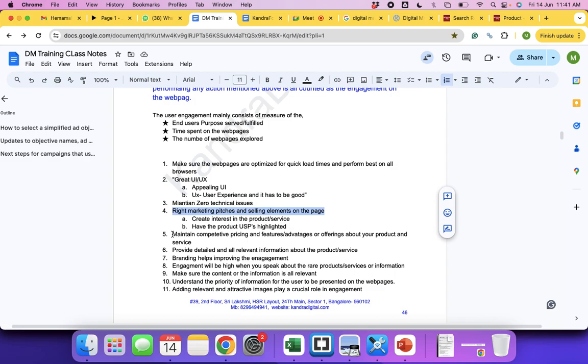Everybody? Yes. Zero technical issues. What are the examples of technical issues? Payment is not working. You are about to make payment, but it is failing. It is not working. You have clicked on the link and it is showing 404 error, or it keeps loading forever. Best UI UX. I have already told you what is UI UX, and it has to be to its best. Best product in the market.